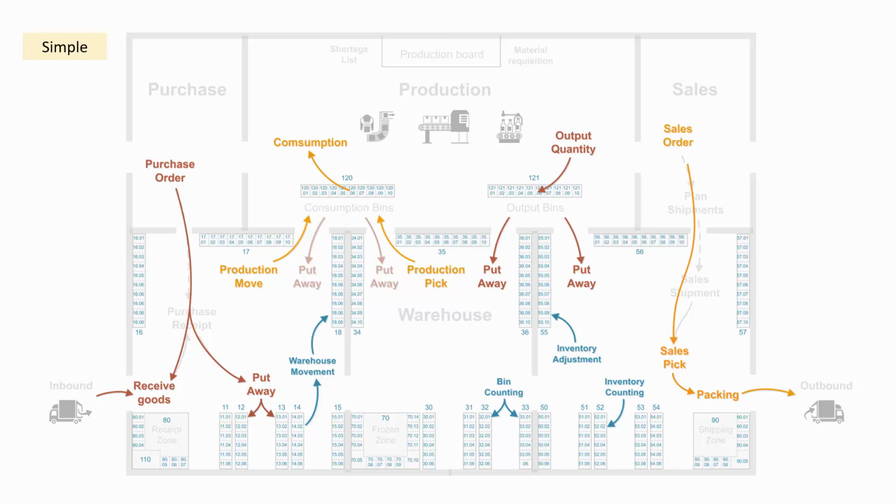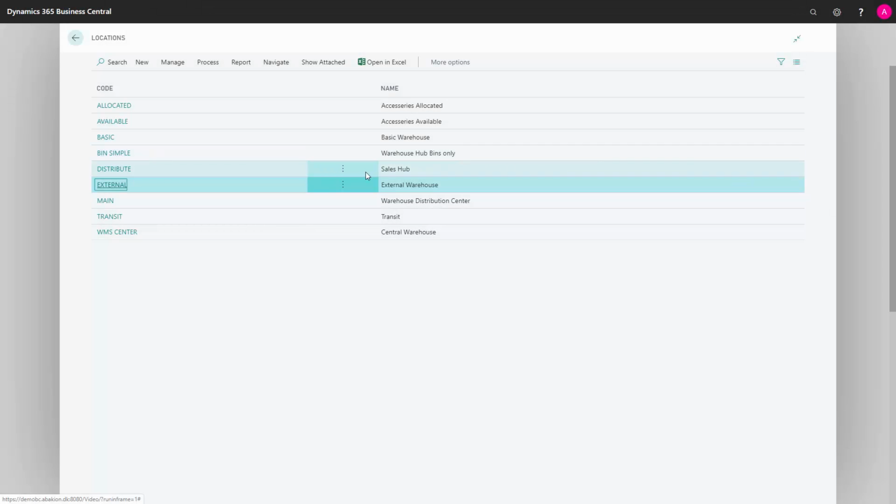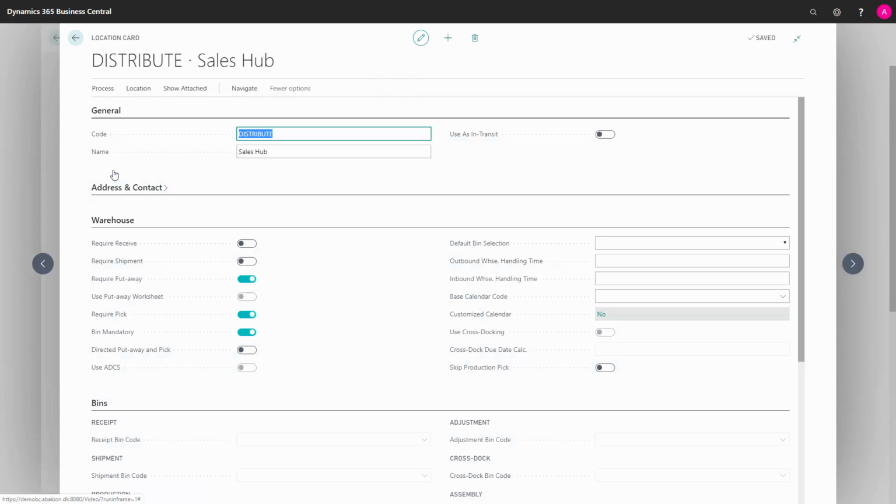In Business Central, this scenario will look like this. I have my distribute location, and I've checkmarked the require put away checkmark and the bin mandatory, but not the require receipt checkmark. So I'm making an inventory put away document and post directly on that document related to the purchase